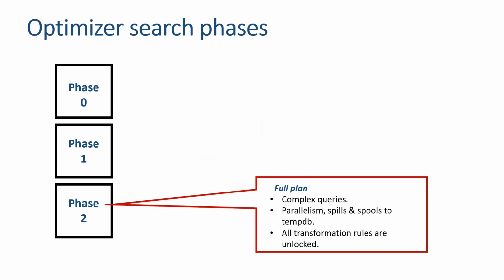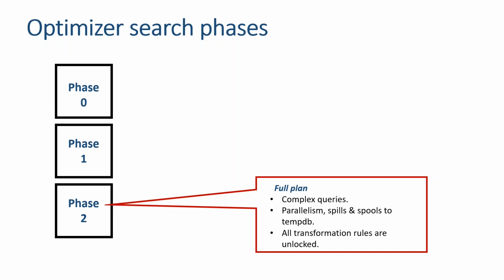Phase 2 is known as the full plan. Phase 2 execution plans are generated for more complicated queries. Parallelism, spills, and spools to TempDB happen at this phase. Almost all the transformation rules are unlocked here. In phase 2, the optimizer doesn't compare our query with already existing execution shapes. Instead, it prunes off all the transformation rules that we are not using in our query. What I mean by that is, for example, we are not using